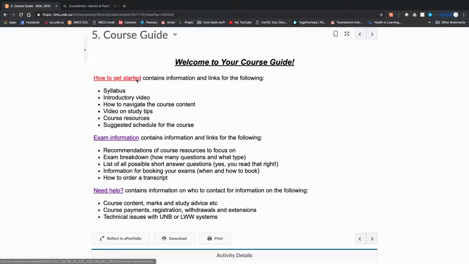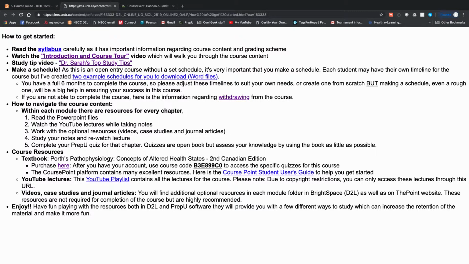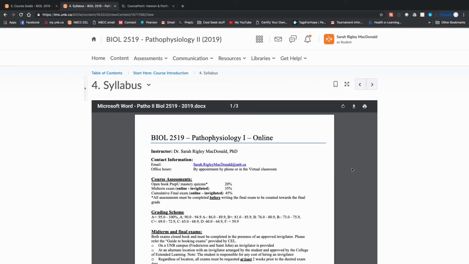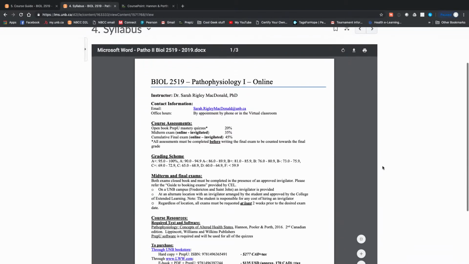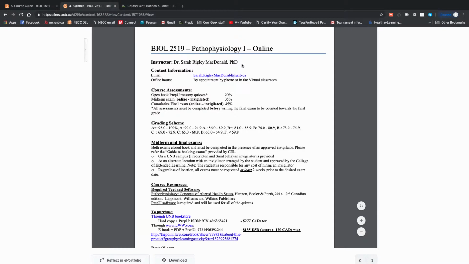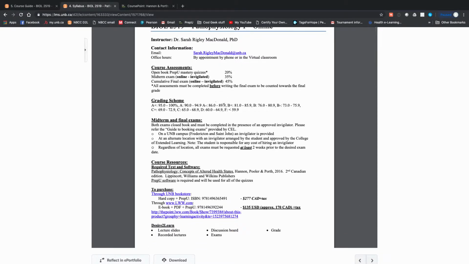So just quickly, for how to get started, we have read the syllabus, which we'll go through very quickly right now. So again, that's me. There's my email address. So here's the breakdown of marks. There's your grading scheme. For your exams,